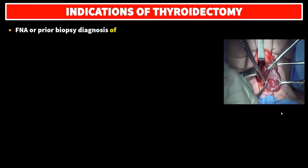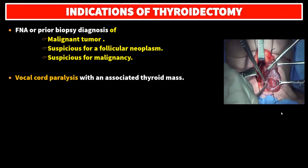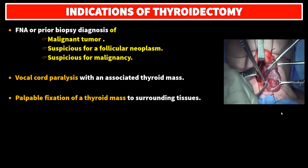FNA or prior biopsy diagnosis of malignant tumor, suspicious for a follicular neoplasm, suspicious for malignancy, vocal cord paralysis with an associated thyroid mass, palpable fixation of a thyroid mass to surrounding tissues in cases of anaplastic carcinoma or lymphoma,